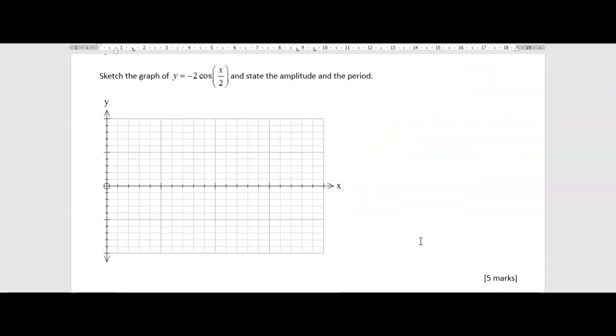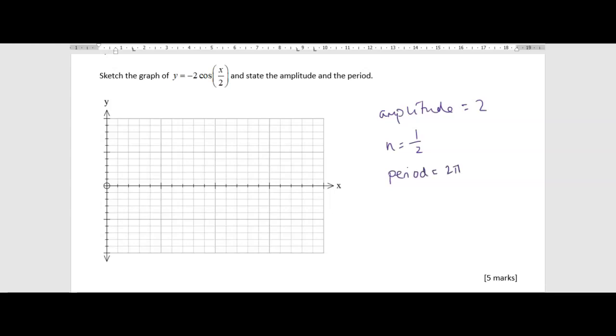Okay. Now this one here, same thing, identify your amplitude. So your amplitude isn't -2, it's just 2. Okay, so the negative just means it's been flipped or reflected along the x-axis. So your amplitude is still 2. Your value of n, the coefficient of x, is x over 2, which is 1/2. So your period